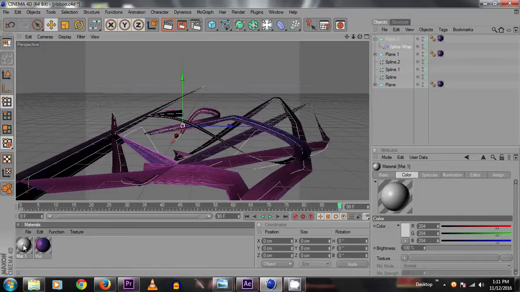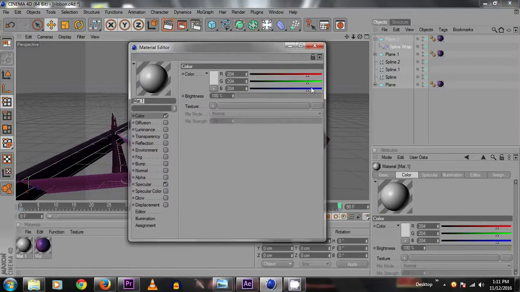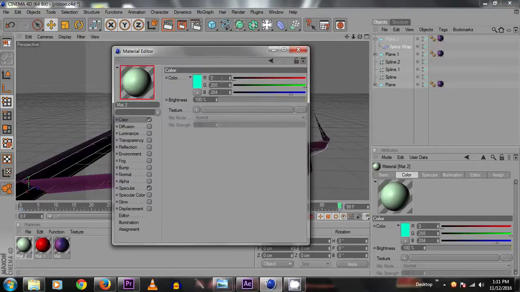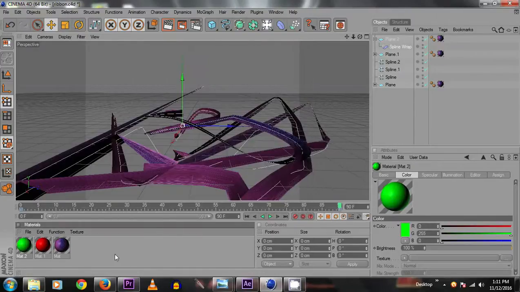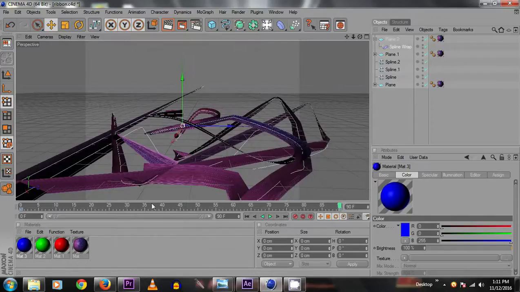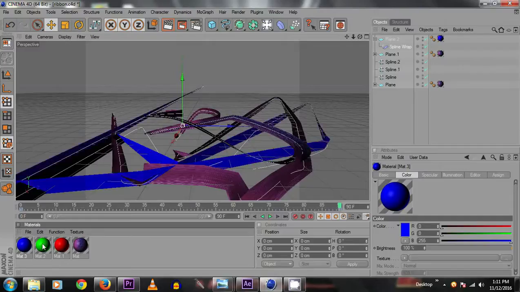Now double click the materials tab, then add material by clicking the material. Give different colors: red, then double click it, green, double click it, blue. Now move the materials to plane, this plane, then this plane.